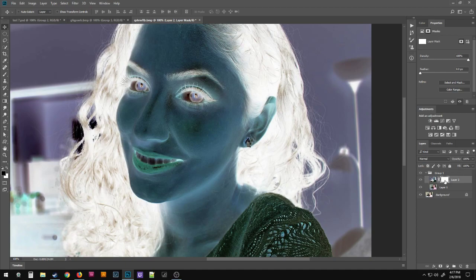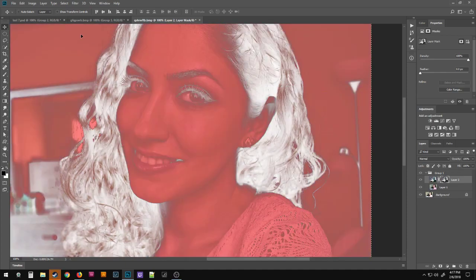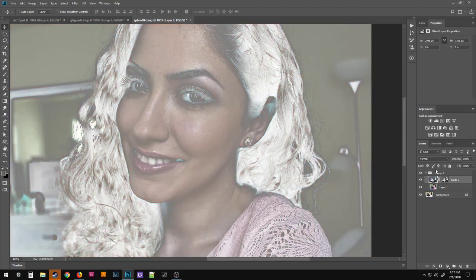So once it's in that mode, Control Shift V to paste in place. You'll get your red. Deselect all, and then Control 2. Oh, bring it here. Yeah. Oh, take the mask off. Yeah. So press backslash again, and you can see where the colors are, how the color of the